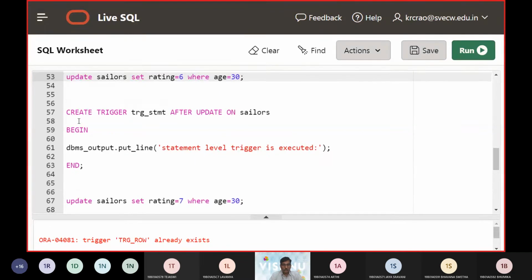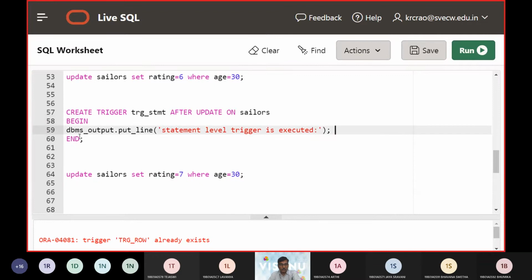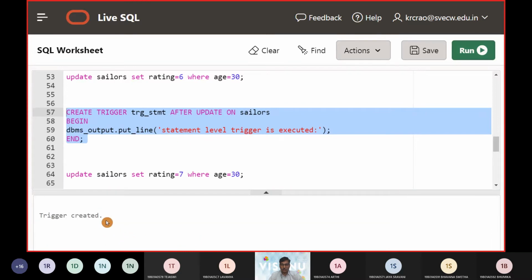Here I'm going to have this after trigger, and now this one we are going to have as the statement trigger at this point of time.